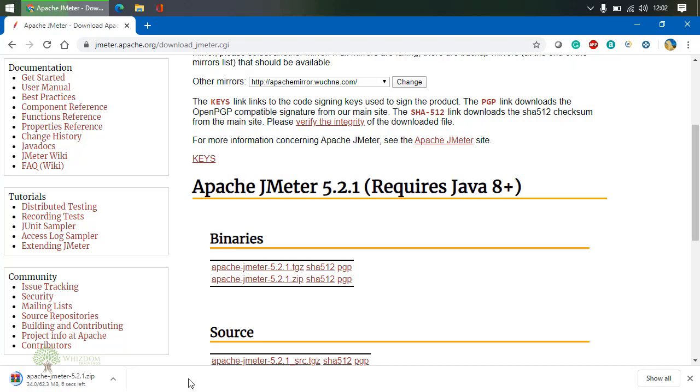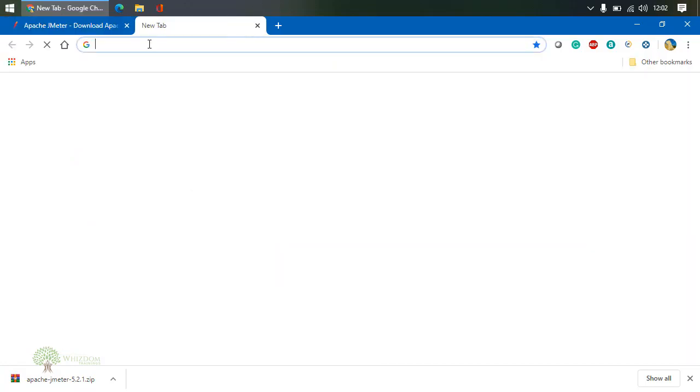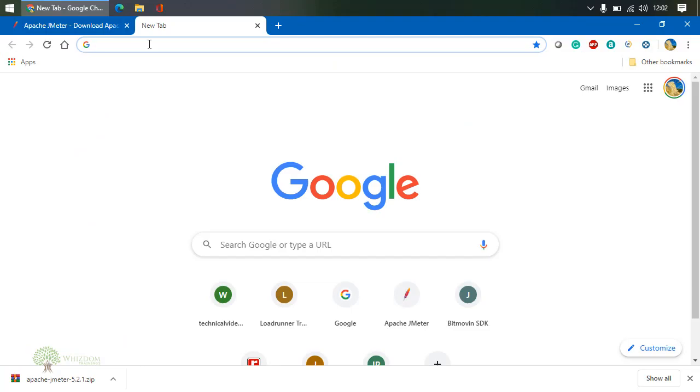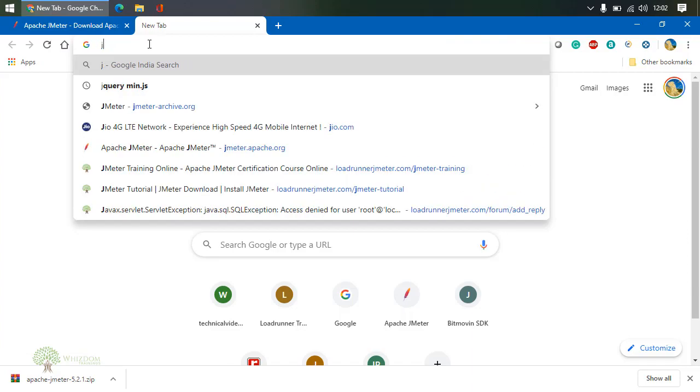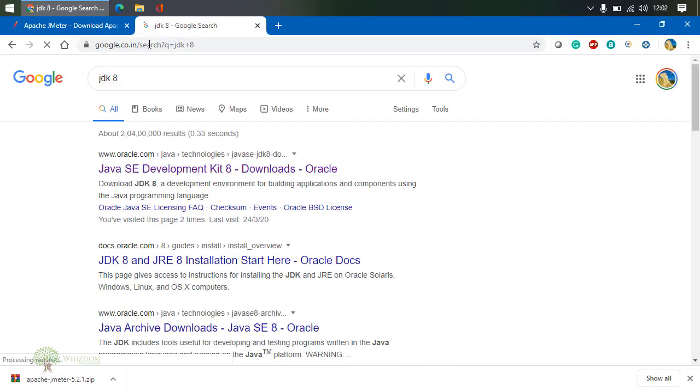Now the next thing is, as it requires Java, you need to install JDK on your machine, or you can say Java on your machine, right? How would you be able to do that? That is pretty easy. What we would be doing is going to the official website of Java, right? Or we can simply look for JDK 8 on Google. I'm not looking it up on Bing or DuckDuckGo, I'm just looking it up on Google. This is the most commonly used. Now over here the first link is the download part.